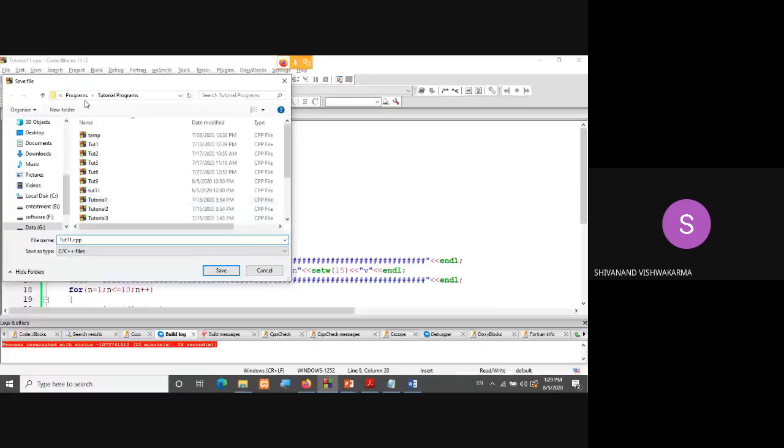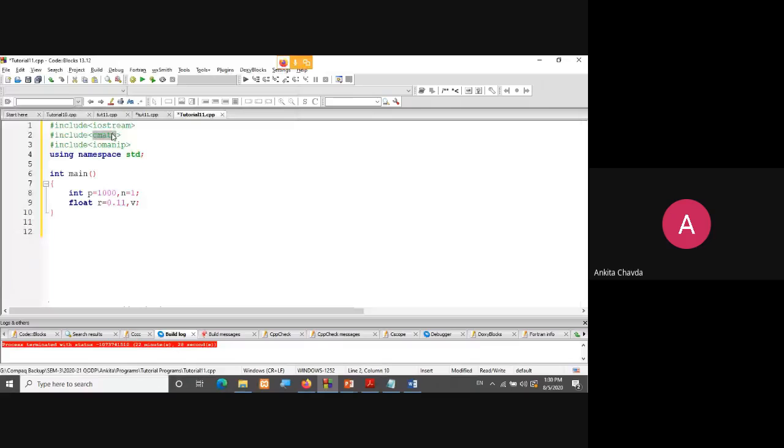Yes, ma'am. Tutorial 11.cpp that I'll do over here. Okay. Save it and replace it. Fine. So I'll have this tutorial 11 and one with the class. I'm not using that now. For that power function, I need the cmath library, right? And for setw, I require iomanip, right? And this using namespace std that we are using.